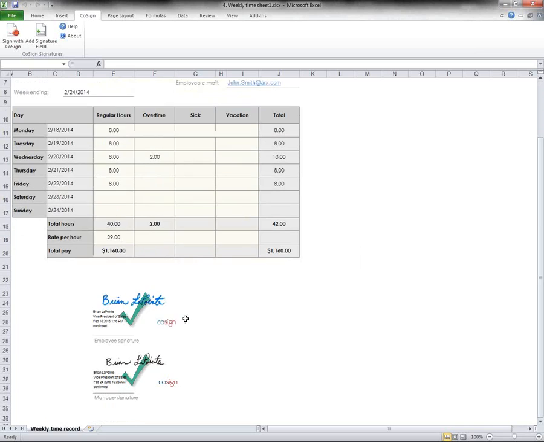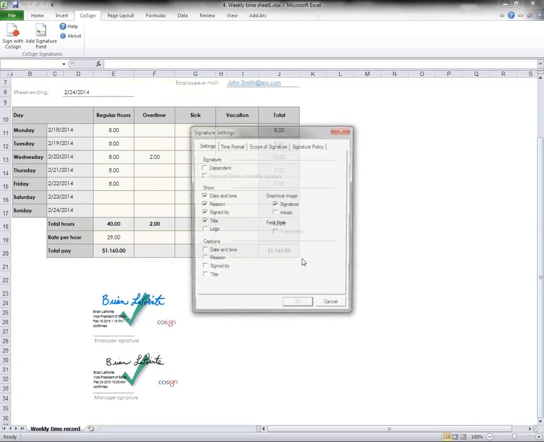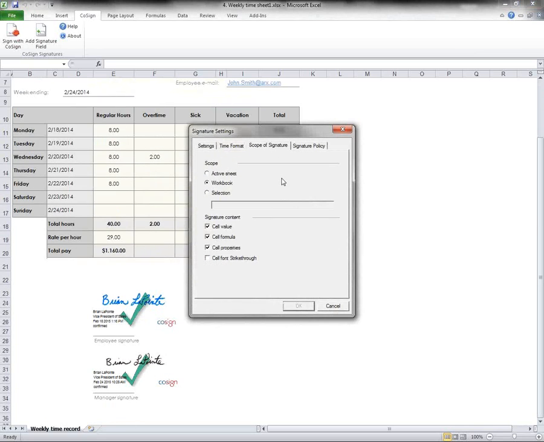Okay, we do have some fancier functionality if people want it. We have a concept called scope of signature. Lets you do sectional signing. So, some signatures you can apply. Right now, this signature is applied to the entire workbook, but I could also just sign off on a range of cells or different sections of a Word document. And it allows you to basically sign an area, but then you can continue modifying other areas if you wanted to without invalidating the signature. So when you start to use this functionality, it becomes very useful.